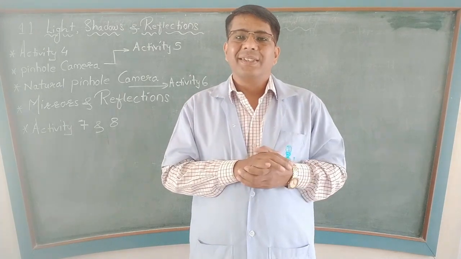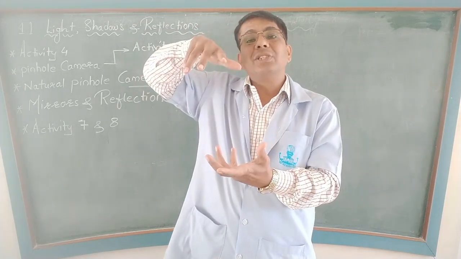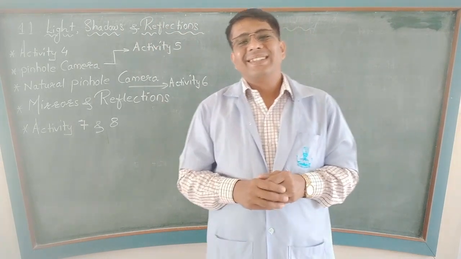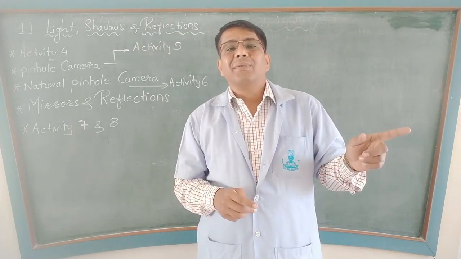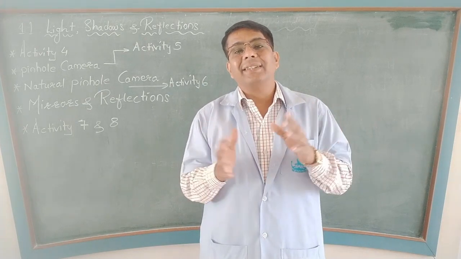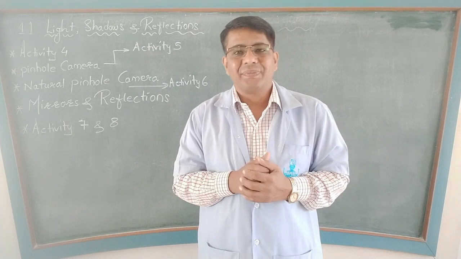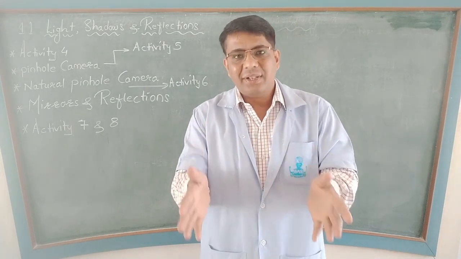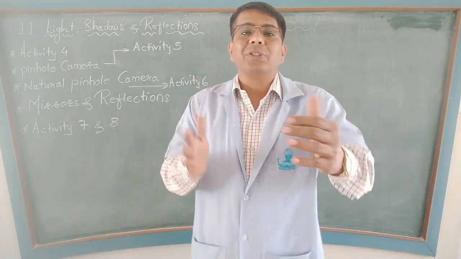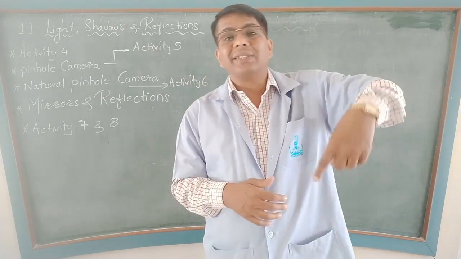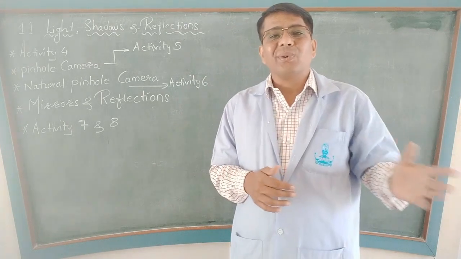What it means, what it suggests, is that the shape and size of the shadow is not fixed as per the object. Depending upon the position of the object and the position of the source of light, shadow will be formed and the shape and the size will vary as per the position of that object. Here, chair. As the position of the object goes on changing, that is, chair goes on changing, so does the shadow also go on changing.